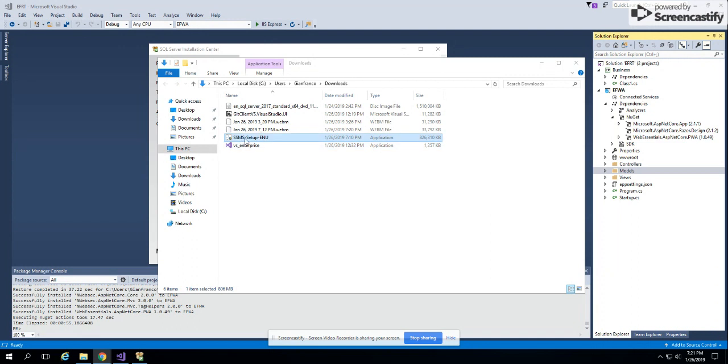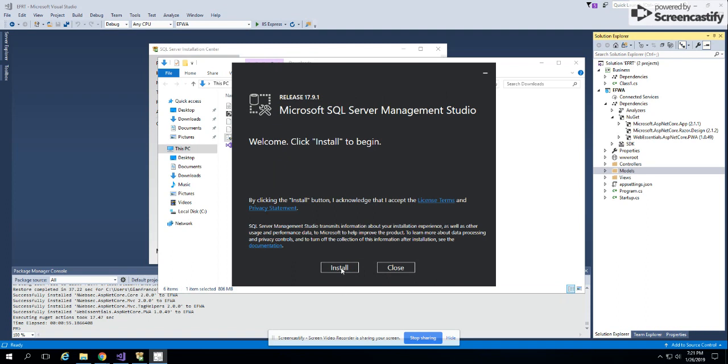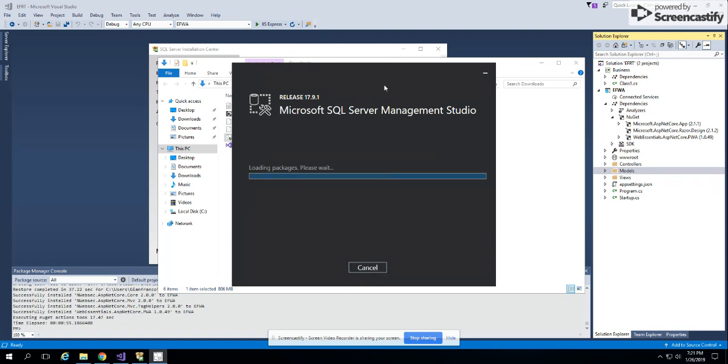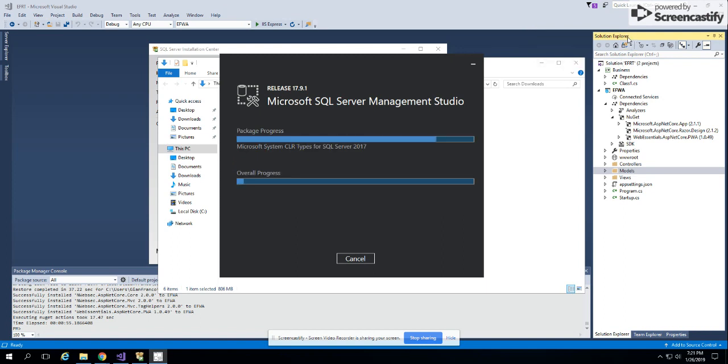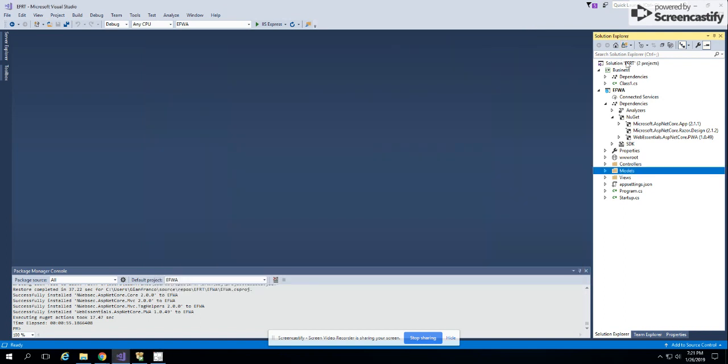The SQL Server Management Studio finished downloading, so we're going to install it. Right click, run as administrator. And we're going to click install. There's nothing much to set up there, so we should be good. So the next thing that we're going to do while we wait for this to finish is to create the